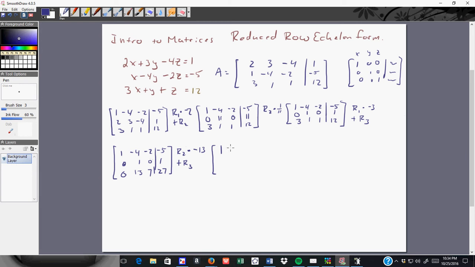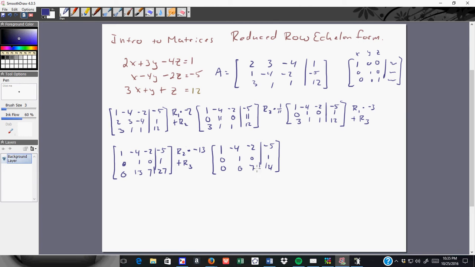I have 1, -4, -2, -5. I have my 0, 1, 0, 1. And now if I multiply row 2 times -13, that's 0 plus 0 is 0. I have 1 times -13, which is -13 plus 13, which is 0. I have 0 times -13, which is 0, plus 7. And then I have 1 times -13 plus 27, which is 14. And now you should be like, oh, that's great, because look,